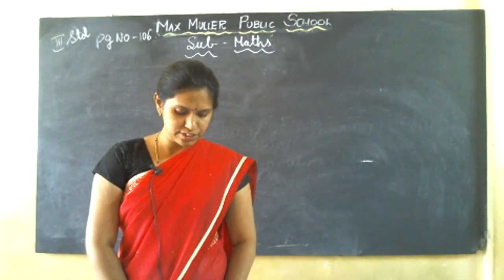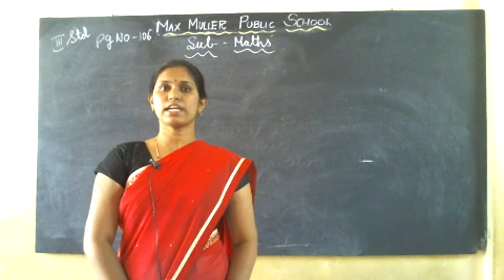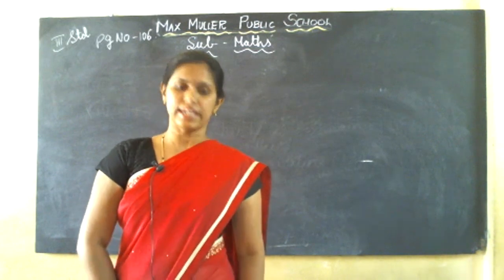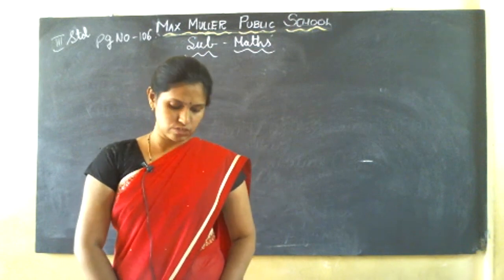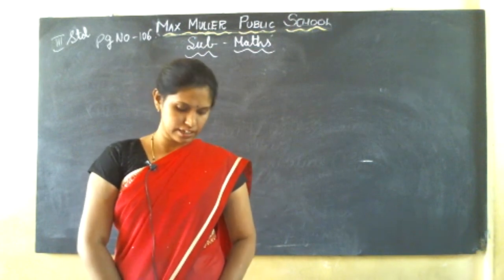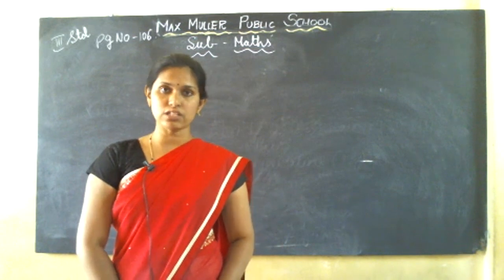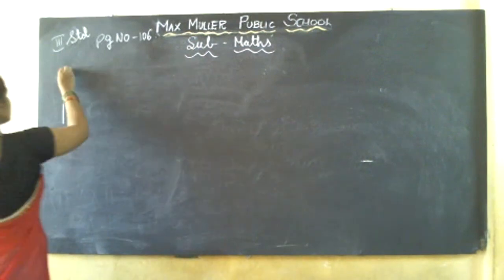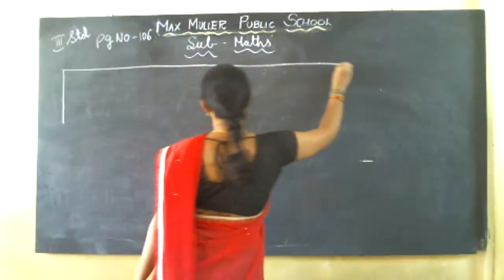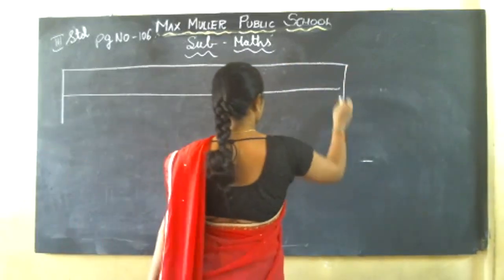Now, exercise 1, third one you see. Now you try to write the Roman numerals they have given. First we'll write the table, then you can easily write. The first and second ones you can do on your own. So first we'll do the third one. Understood? All of you copy down. Sharpen your pencils, all of you. First we'll write that one.